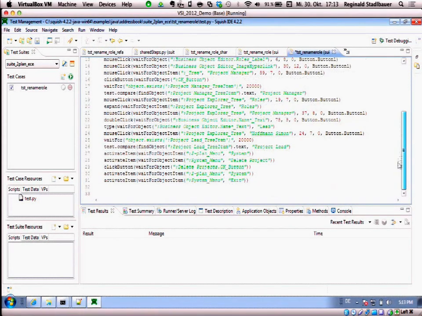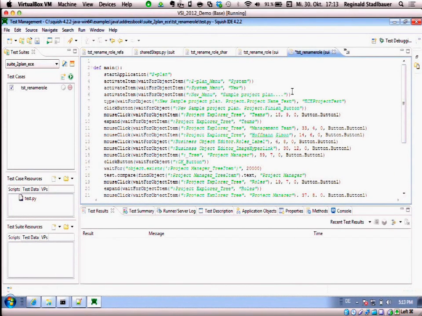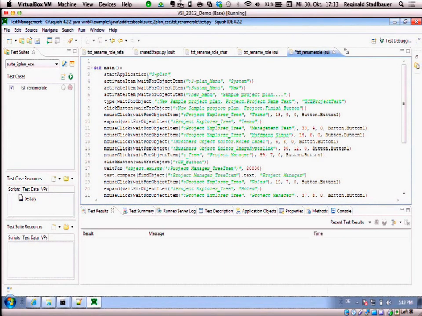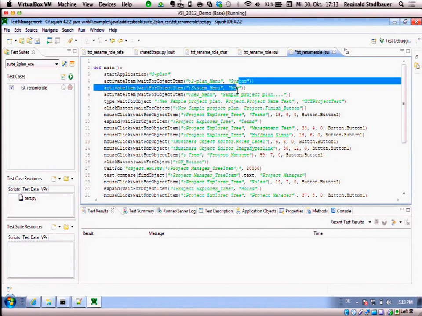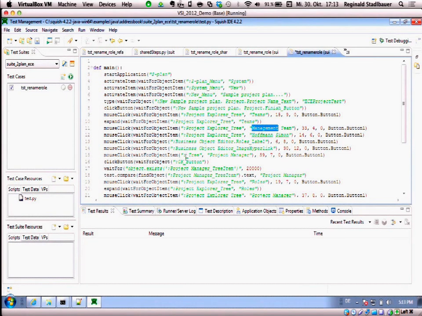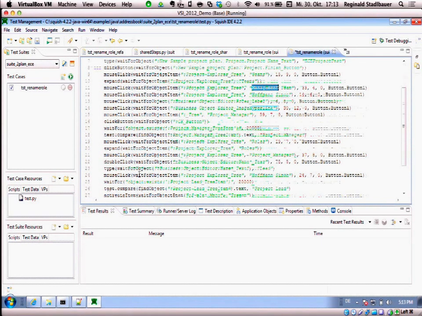And when having done that, I will now delete the project and exit from the application. And after exiting, Squish now generates the test script from the recording, which even with this rather simple test case